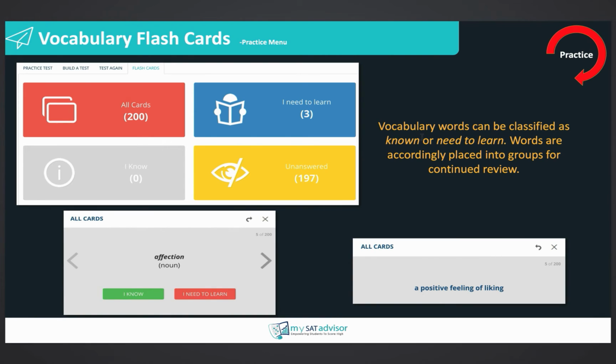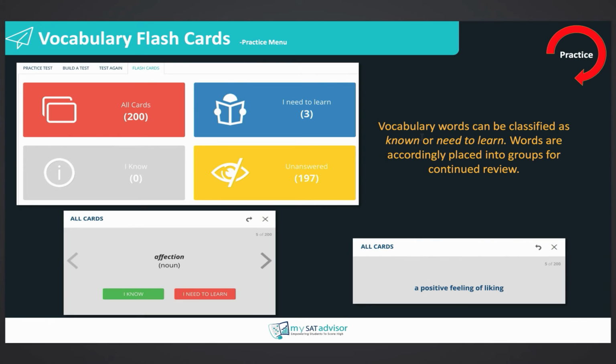We have our vocabulary flashcards feature, which is, again, very useful in terms of organization because a lot of students, especially since the new SAT has taken some of the focus away from vocabulary, spend time worrying about the hundreds of words they think they need to know when they could be spending time elsewhere. So what we have done is compile 200 of the words that we think are most important.